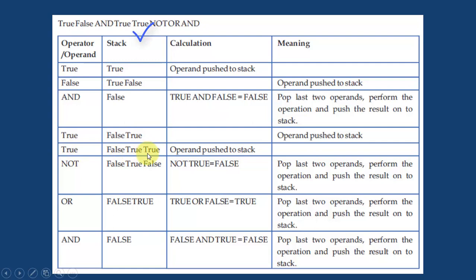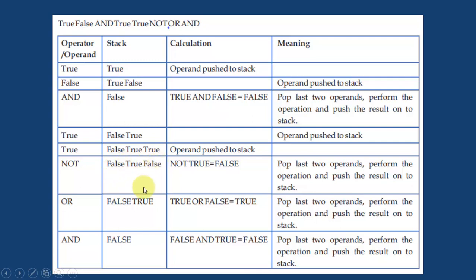true, true, and then not is a unary operator. Okay, so we have to pop only one element, it is written wrong, because I have copied from some resource, I know that only one element is popped, and evaluate this, and then the result is again pushed to the stack. So not true is equal to false, and then push to the stack, which makes our stack status as false, true